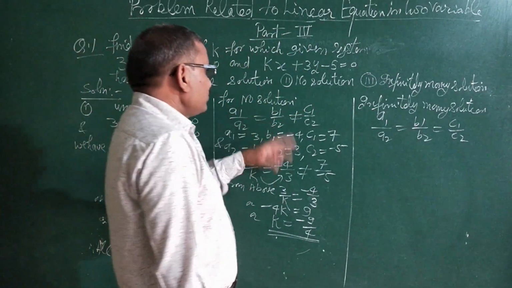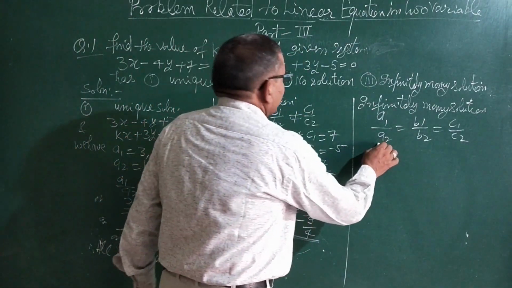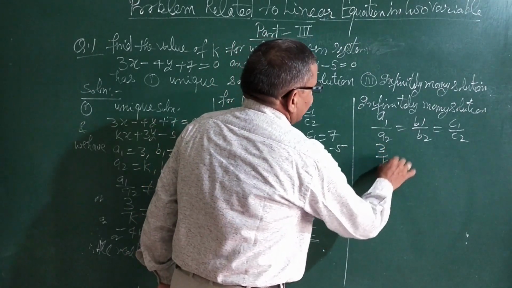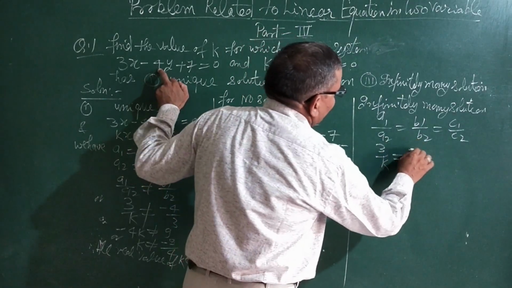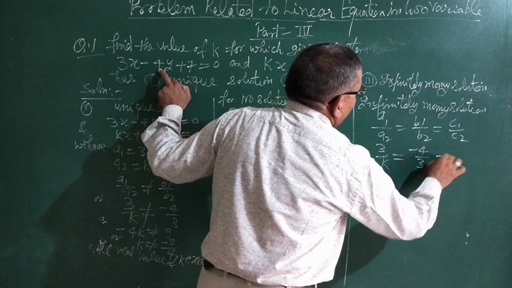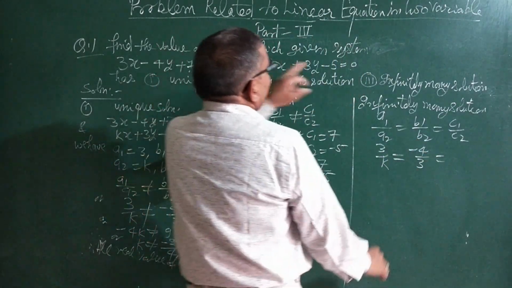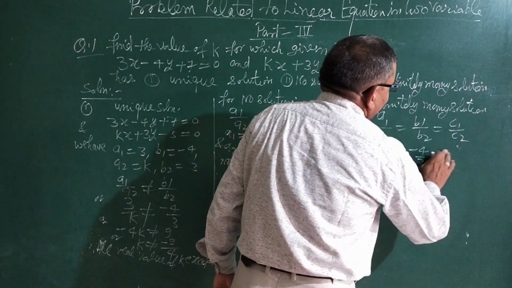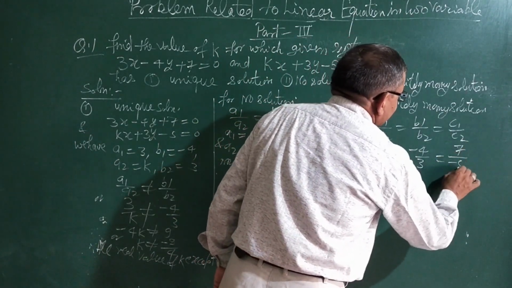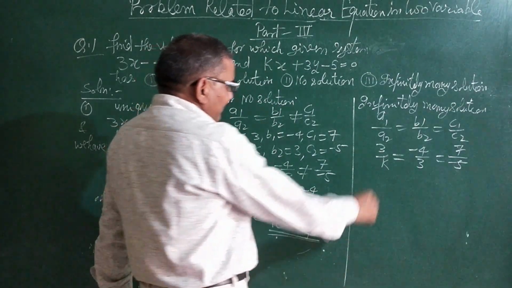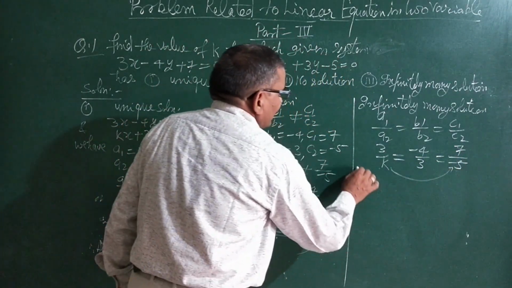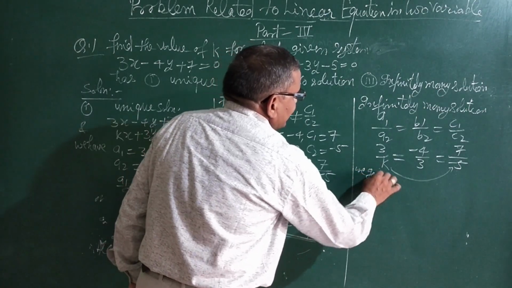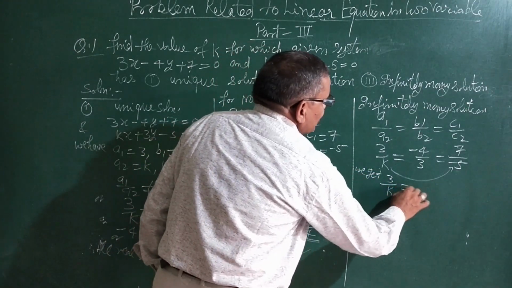Now, putting all the values as before, 3 upon k is equal to minus 4 upon 3 is equal to 7 upon minus 5. From the first and last, we get 3 upon k is equal to